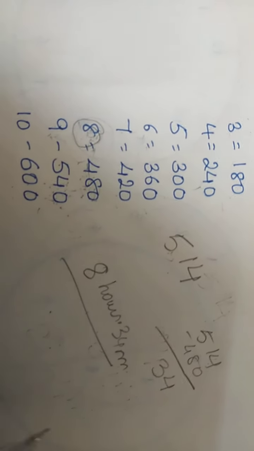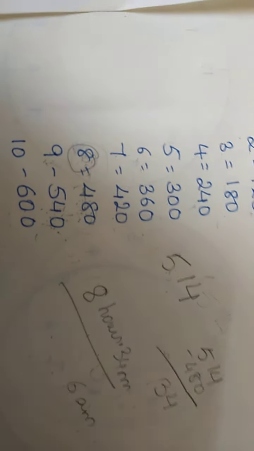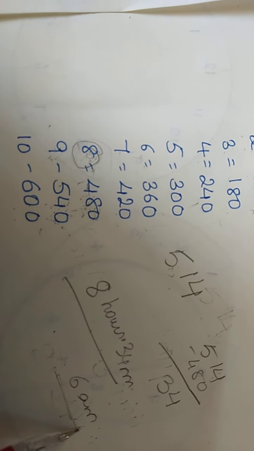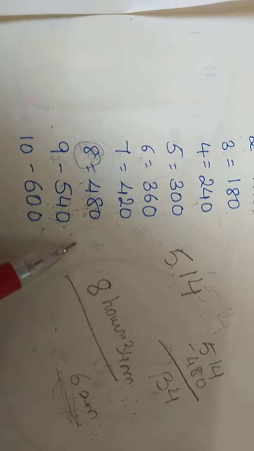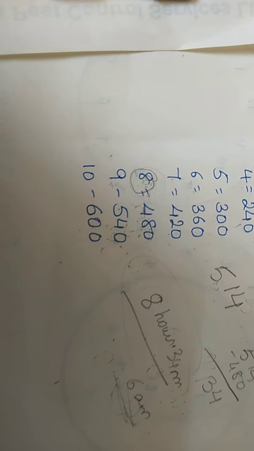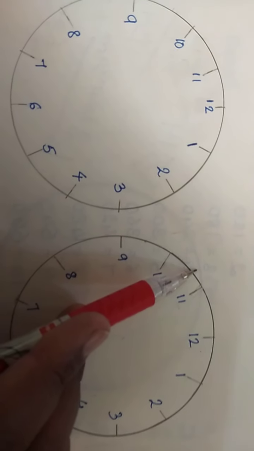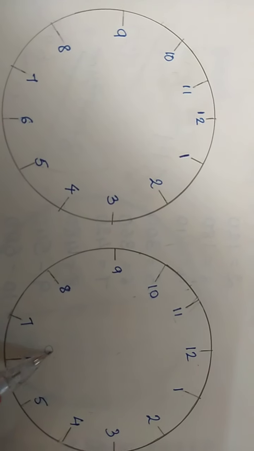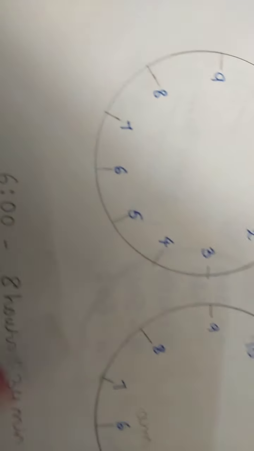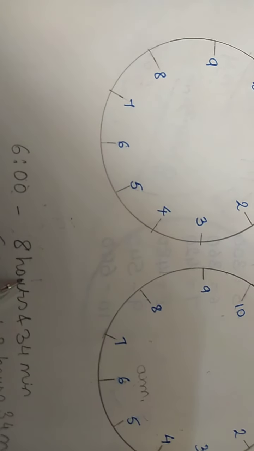Now in India, the match started at 6 a.m. We need to find out the time at Sao Paulo. Now in the previous sums we have subtracted. From 6 a.m. we have to minus 8 hours 34 minutes. Now this has become the bigger number compared to 6. Let's see what we can do here. We have to go back because Sao Paulo is in the western hemisphere. 6 a.m. the match has started. For this, I have done some calculations for you. 6 a.m. this is India, and we have to subtract from this 8 hours and 34 minutes.